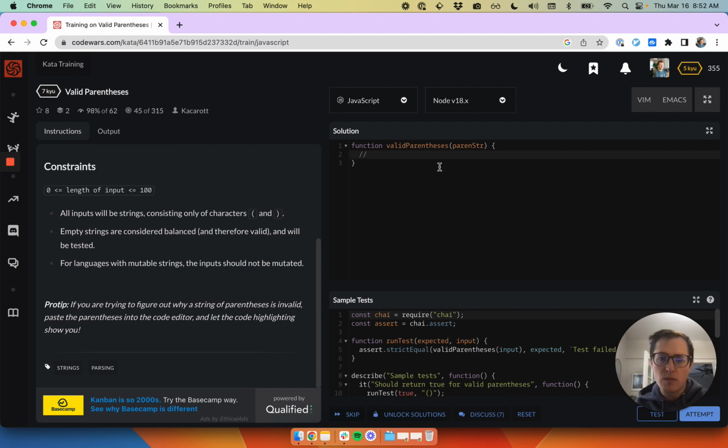One way you could do this would be to think about the count of how many open parentheses you've seen, and then decrement that as you close those parentheses. If you ever go below 0, if you hit a closing parenthesis when you should only have open parentheses, then that's invalid, and if you get to the end, then the number should be 0. So let's do the counting strategy,